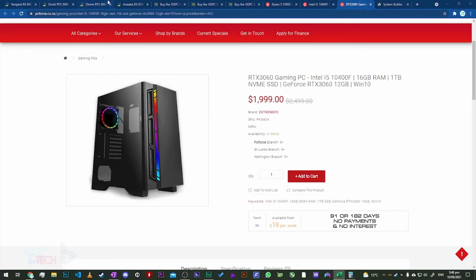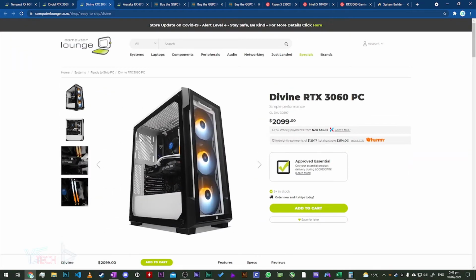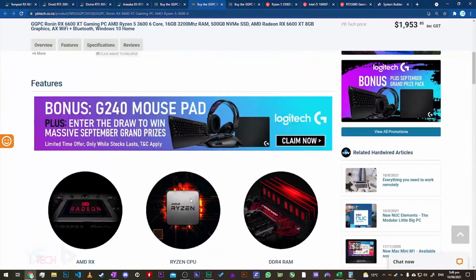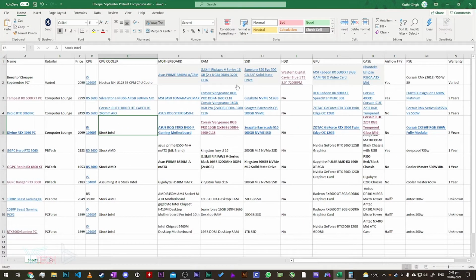Let's check the Divine one. It doesn't seem to come with an exhaust fan, which is kind of weird. So you probably will need to add that in costs. And as well, let's check the Ronin. So there's the Ronin. It does come with an exhaust fan, but at the same time, our build is pretty solid for its money. I think we've made a good build with some very good quality parts,